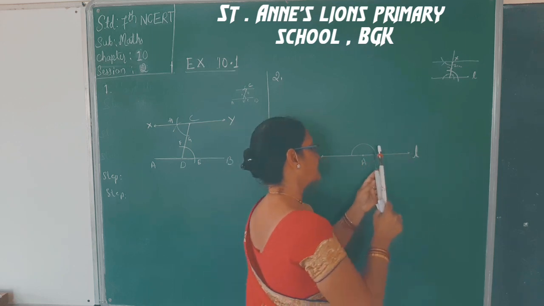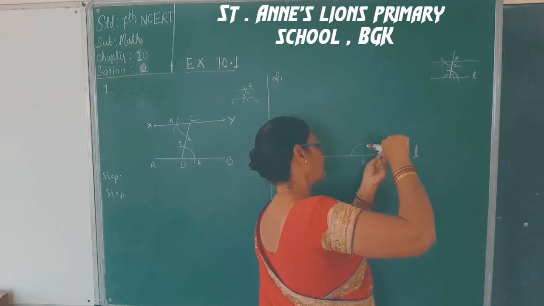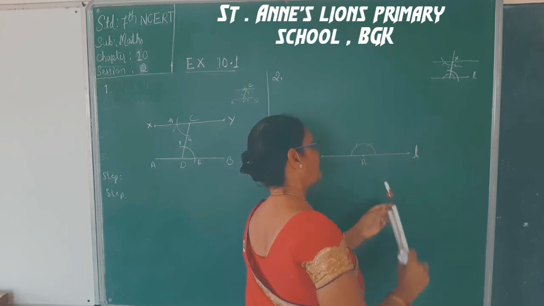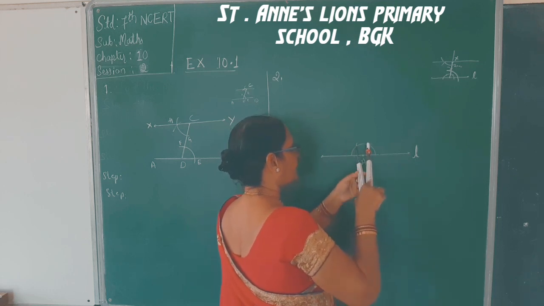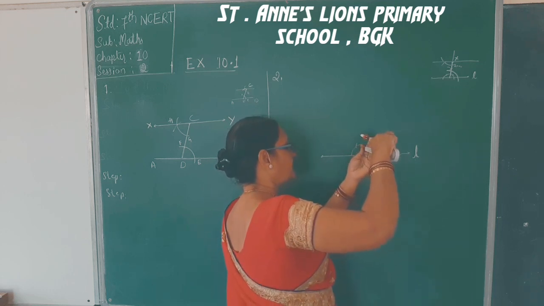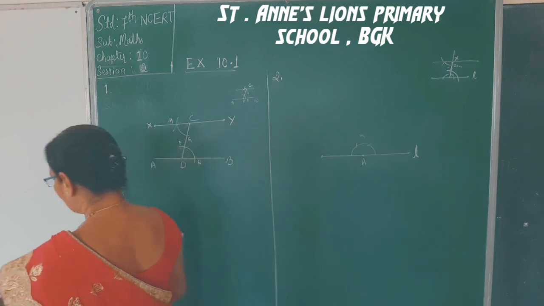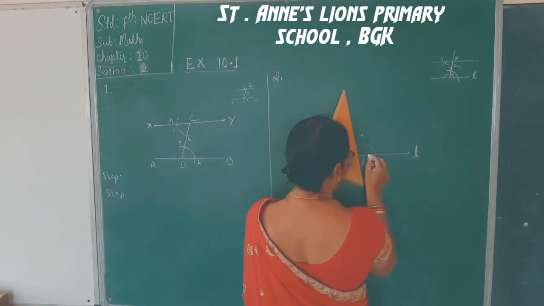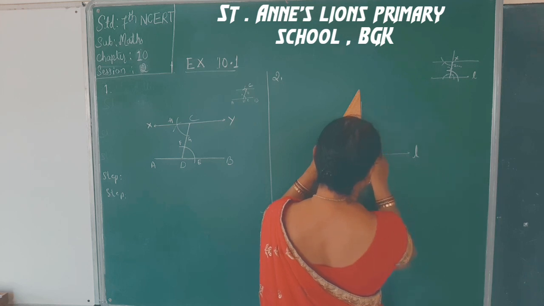With the same radius, now you cut this semicircle. The semicircle will be having 3 equal parts. In this, the middle part is there, no? That you have to cut again. See, with the same radius, without disturbing the radius. Yes, we have cut it. Now what we have to do? You just join this point and this point A, and extend this.